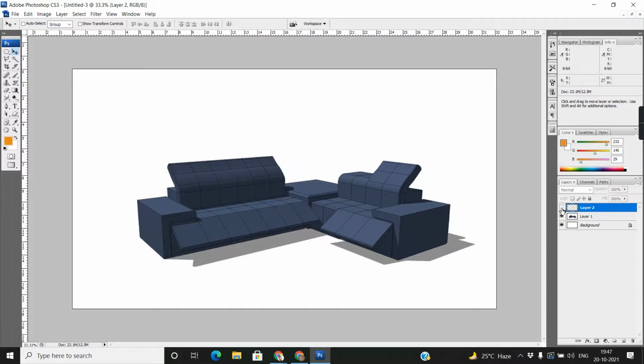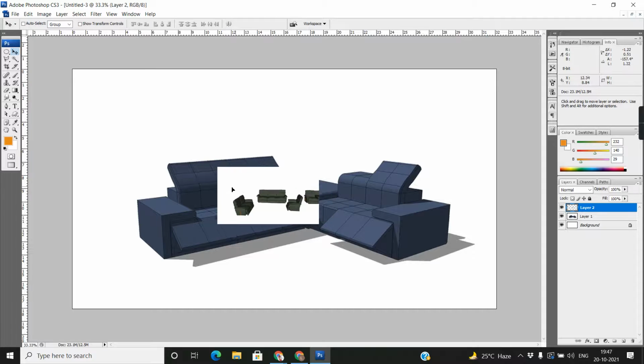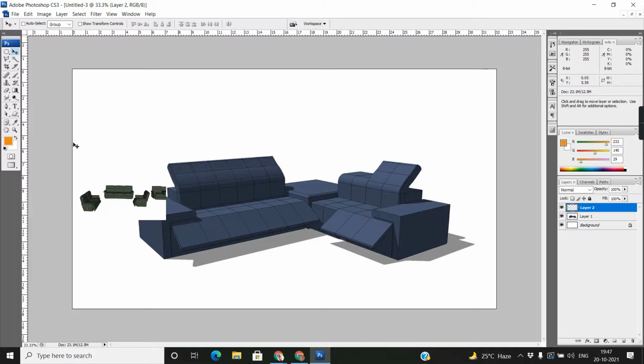This is the switch on and off. Now I want to fill a color over here. Look, if I use fill color, you will get the entire filling. No, I don't want to fill the entire thing. I just create a selection with the rectangular marquee tool, shortcut M, and make a rectangle. I want to fill color in this selection, but not in this layer. I make a new layer. If you click here, create new layer, you will get a new layer, or Control Shift Alt plus N for a new layer. Now I want to fill this color.